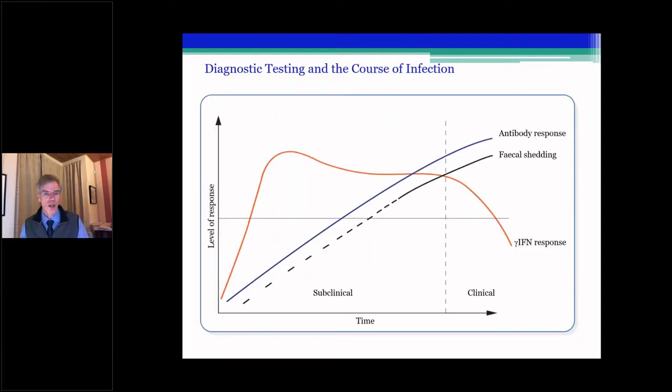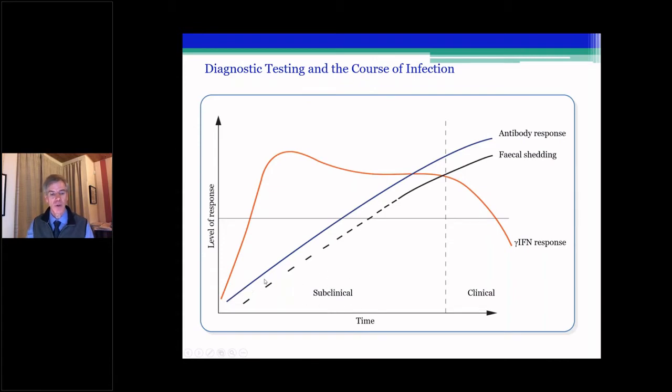This is one of two graphs I'd like to show you tonight. This was a really nice way of illustrating what's going on in this disease. If you look at the horizontal axis along the bottom there, that's just time from the time of infection, and up the vertical axis there is the level of response of a variety of different things. So as you can see, during this subclinical phase, when you're not showing any symptoms,